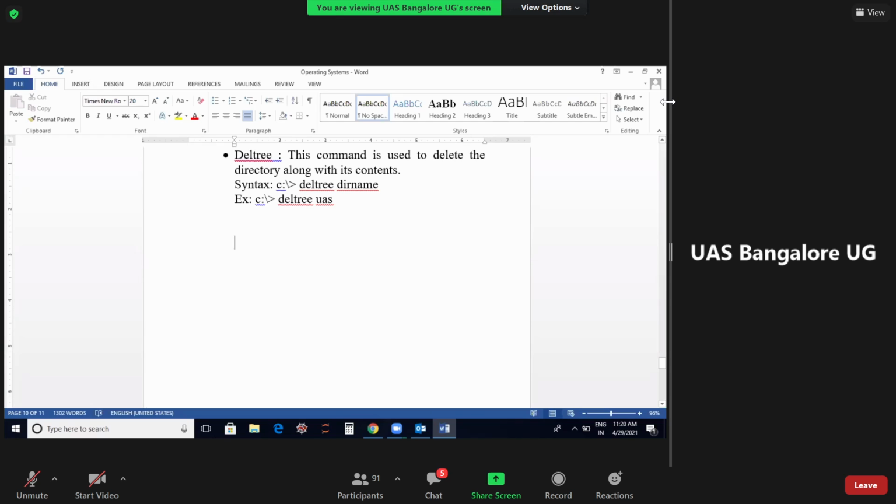Take down the features of Windows and the versions of Windows, or just short notes on Windows. This will be your assignment.